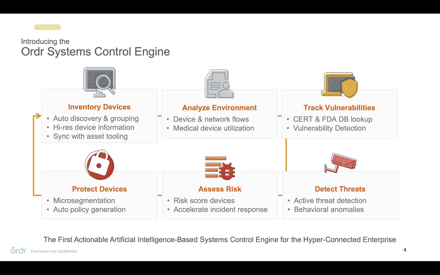The next steps then flow into line where you start analyzing the environment and understand who's communicating with what. You can start tracking utilization. Then being able to crack the security questions out, like what known vulnerabilities do I have on what assets? How do I detect any threats that I'm seeing actively in my environment? Can I tie that set of information together so that I can now risk score assets and understand which systems will require some special attention, both because they're critical to the environment and they're also highly vulnerable or at risk? In parallel, can we actually understand and see whether we've got any active threats or compromised systems, because often organizations don't have that insight right now on their IT or IoT assets.